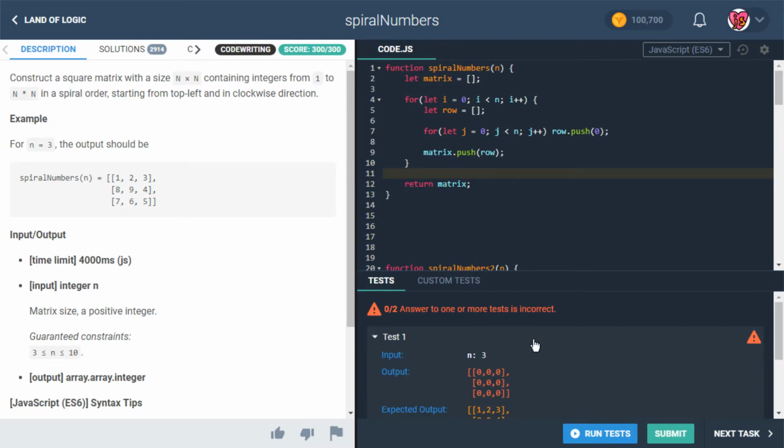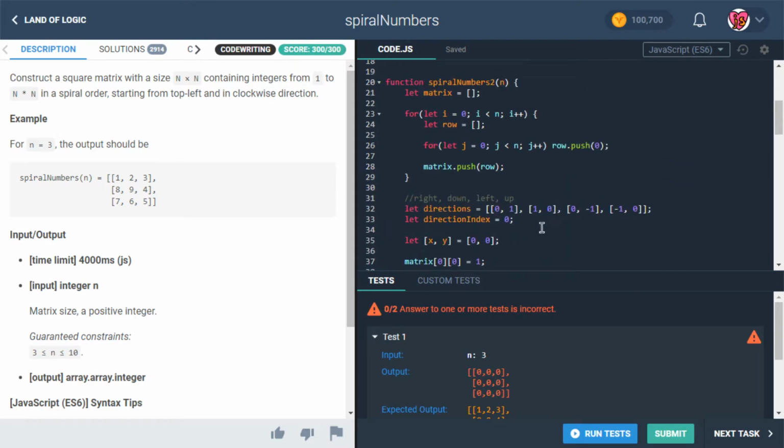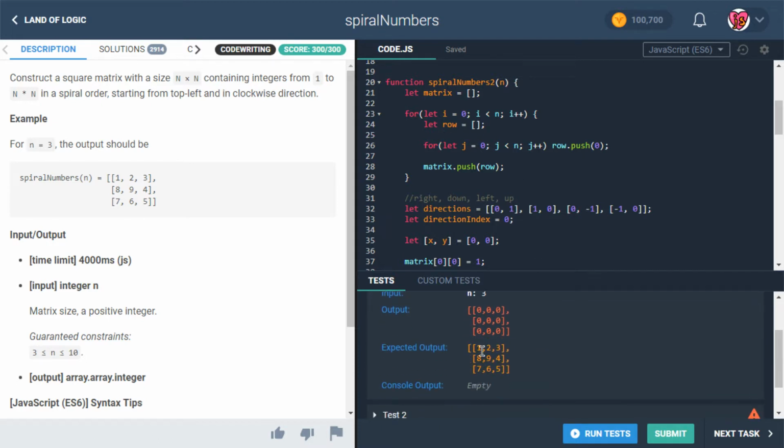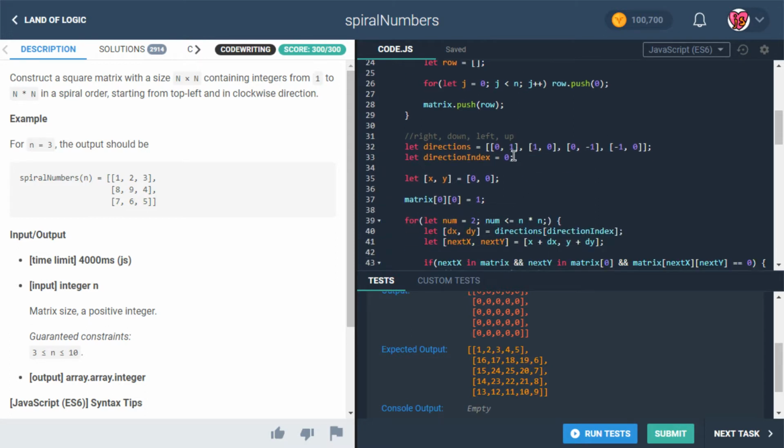I mean, what did we expect? Of course, just zeros. So, okay, here's the idea. What we want to do now is, and this is sort of the thing I was looking at and thinking, we want to make this spiral matrix here. We want to fill in all these numbers, but if we think about the way we're doing this, it's kind